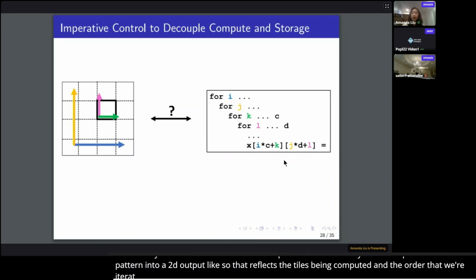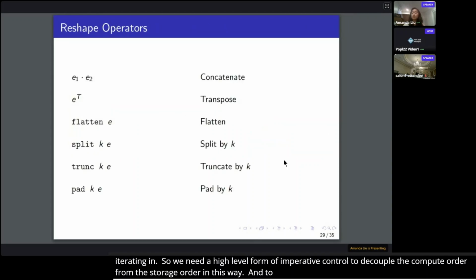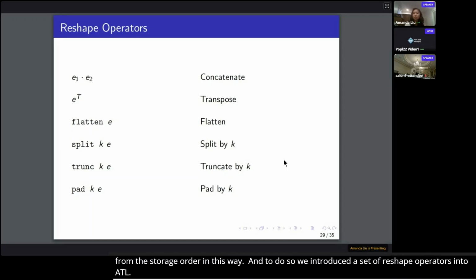So we need a high-level form of imperative control to decouple the compute order from the storage order in this way. And to do so, we introduce a set of reshape operators into ATL. These operators are actually defined in terms of core ATL constructs, and they express array operations such as concatenate and transpose.